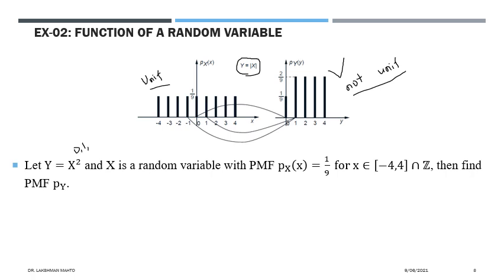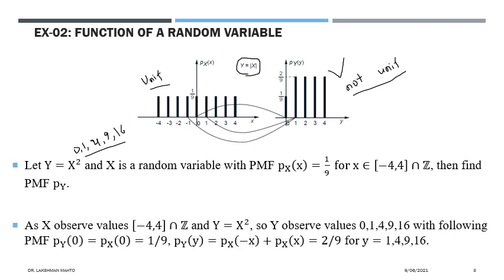The possible value of x square would be 0. A square of 0 is what? 0. A square of 1 is 1, and minus 1 both would be mapped to 1. A square of 2 and minus 2 both would be mapped to 4. A square of 3 and minus 3 both would be mapped to 9. A square of minus 4 and 4 both would be mapped to 16. So that means again this y as a function of x square is taking 5 observed values. And hence we can say that the distribution of y would be different from what distribution x had.